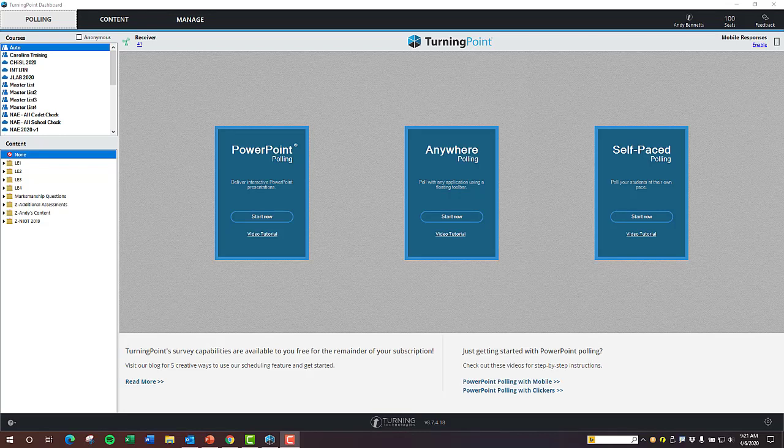Here we have the TurningPoint dashboard. Keep in mind, for my Navy and Air Force instructors that are using TurningPoint Cloud, the color scheme will look different for the PowerPoint, Anywhere, and self-paced polling. However, the setup and process for this is going to be the same whether you're using TurningPoint Cloud version 7